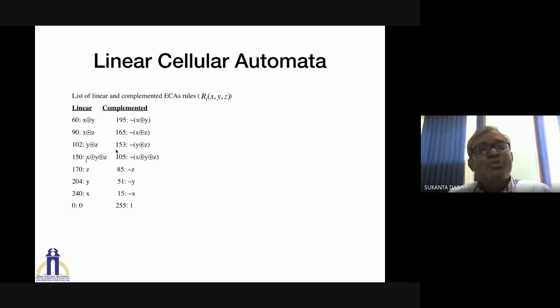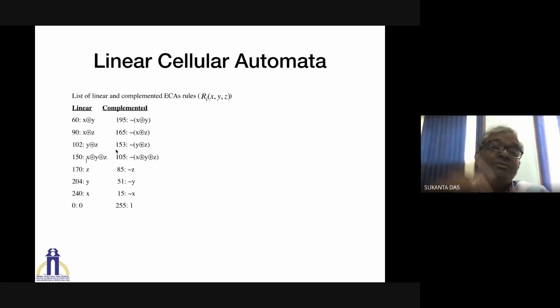This name was coined to study non-uniform ECA. They have a very interesting property. They are not linear but very close to linear, because you can see here rule 195, from 60 by putting a NOT you can get it, right? So they are very popular, and they can be characterized easily